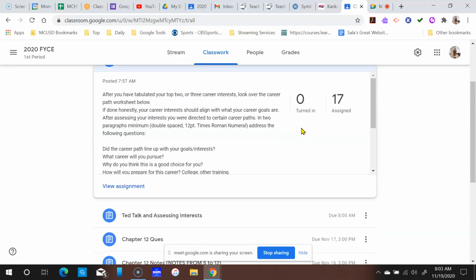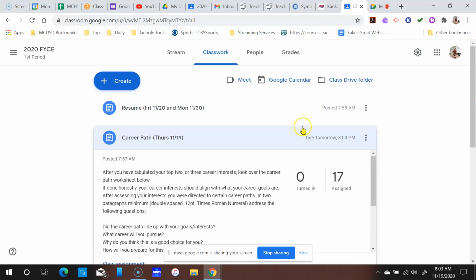The last couple of days you were assessing career interests. You had 1 through 86, and then you tabulated the letters using the little check marks, and you should have wound up with your top 2 or 3 career interests on your career path worksheet.